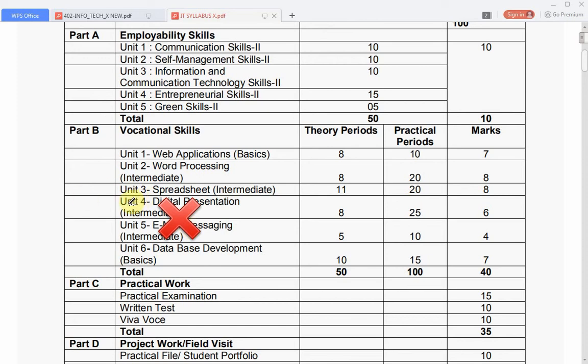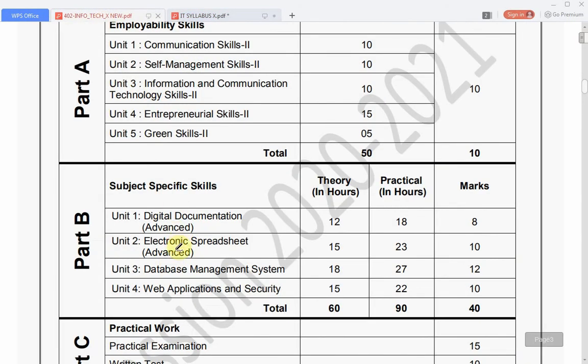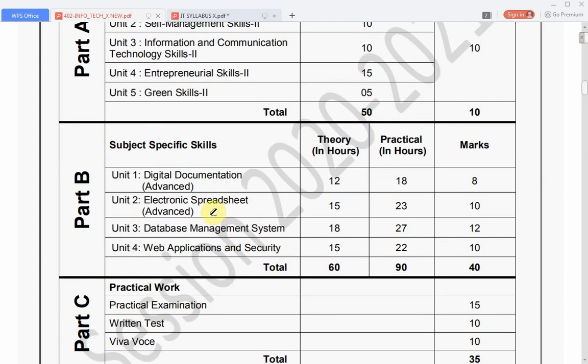These chapters are deleted by the CBSE. So now we have to study only this much. Unit 4 is web application and security. So this is the new syllabus of the CBSE.